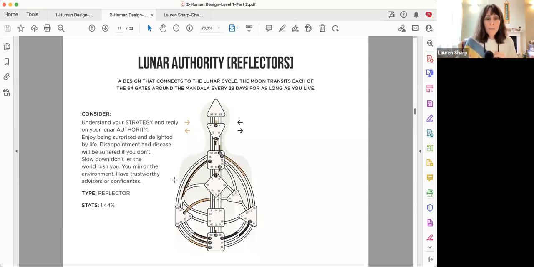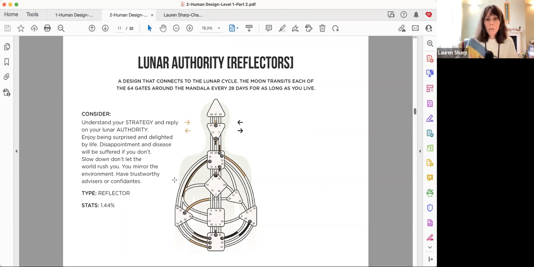Also very rare. I did post it on Instagram, but the only reflector that's known in terms of being famous is Sandra Bullock, and she's quite interesting to observe. If you want to take the time to watch one of her movies or read a little bit about her, it's very curious. And remembering that reflectors reflect their environment, what you see in them are reflections of yourself. They're a very curious and separate entity unto themselves.